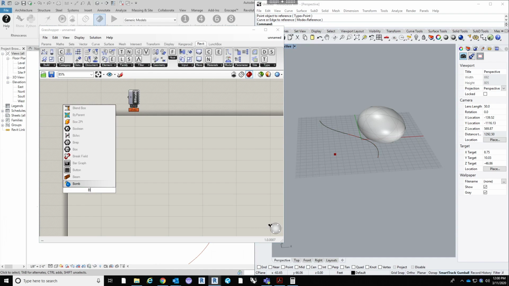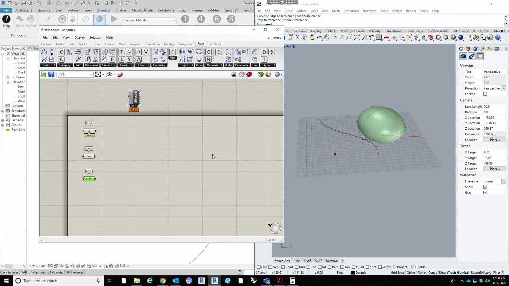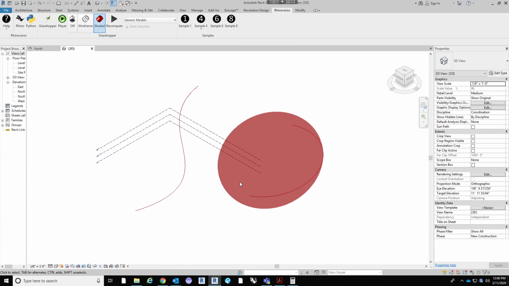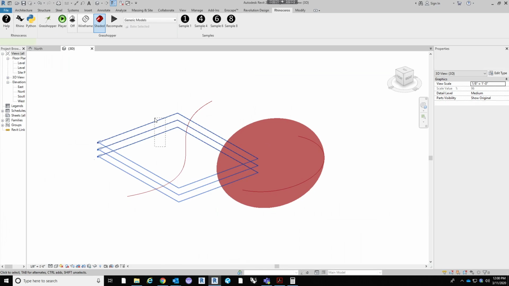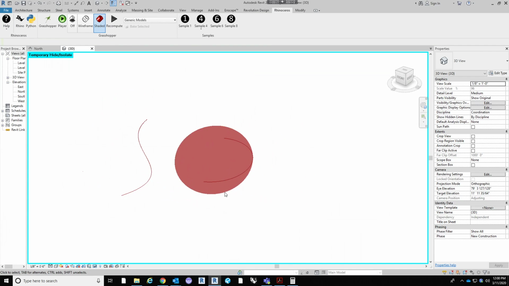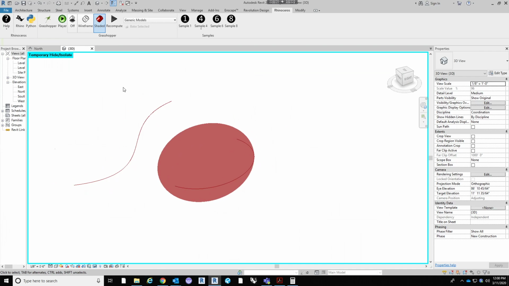And then brep, or our solid geometry in Grasshopper, set one brep. Okay, so now that we have these associated in Grasshopper, they actually start to populate in the Revit environment. Let me hide the levels for right now. The only thing that you don't see right now is the point, because it doesn't register in Revit yet. But it will once we plug it in and actually make it